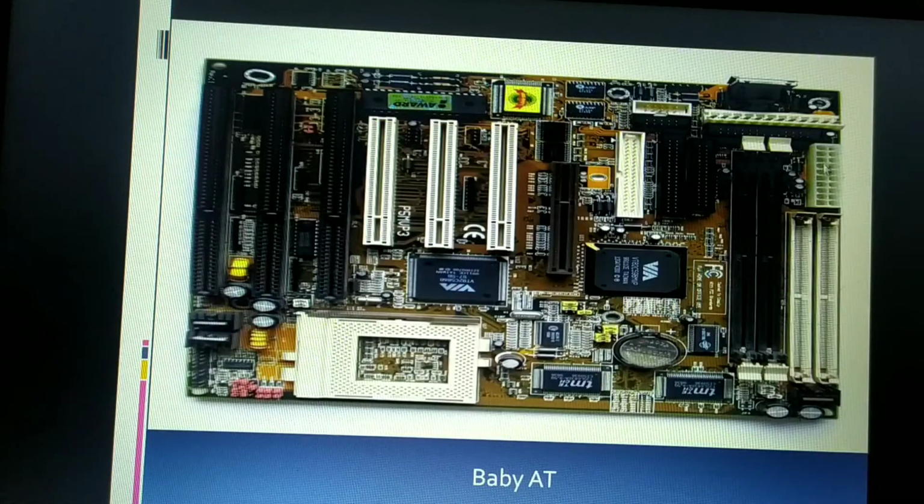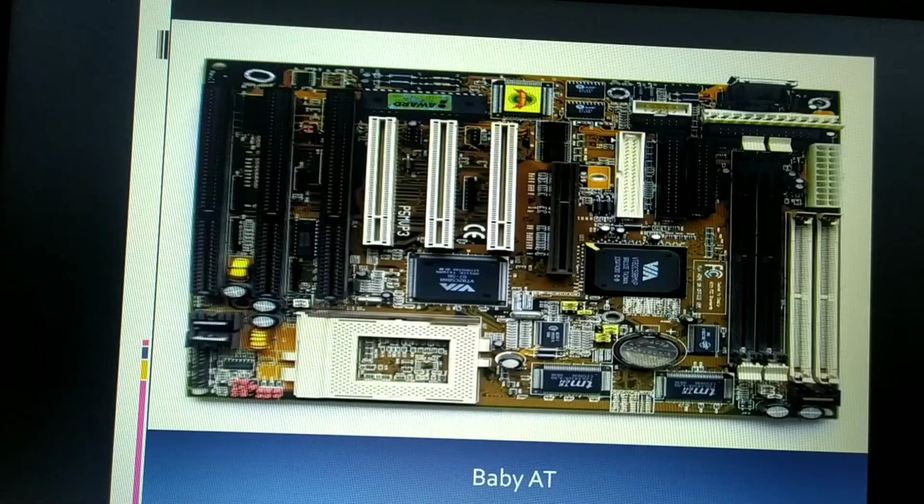Okay, the baby AT motherboard has the 12 pin power connector, plus it also has the 20 pin power connectors. It has both. And it also supports external ports, which help you connect external devices like your USB flash drives or external speakers, external input devices. So for all that, this baby AT motherboard will support. Examples of baby AT motherboards are Pentium 3 and Pentium 4 processors.